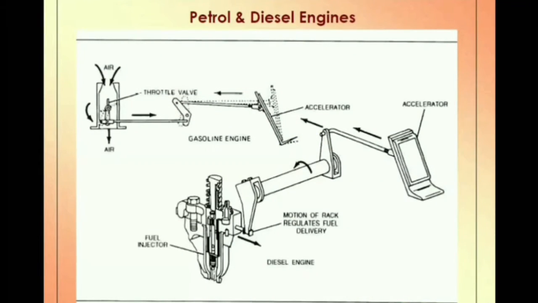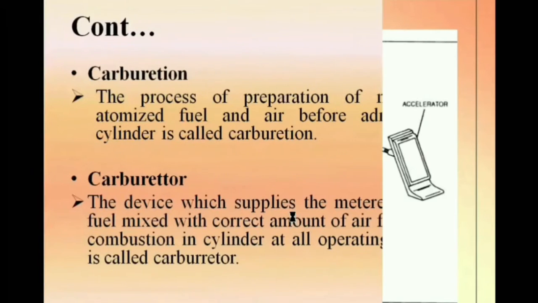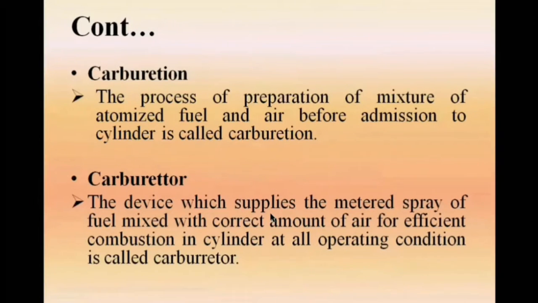The basic difference between the fuel supply systems in SI and CI engines is that in the SI engine, the gasoline engine, a carburetor is used, and the air and fuel mixture is formed outside the cylinder. In a diesel engine, in place of the spark plug we use an injector. After compression, fuel is injected from the fuel injector. This is the simple difference. We are going to go into detail on the fuel supply system in the SI engine.